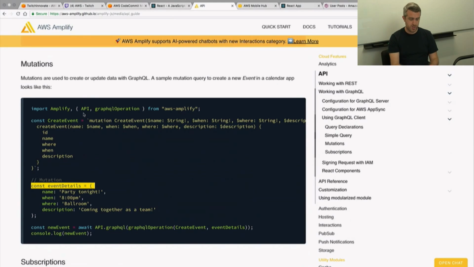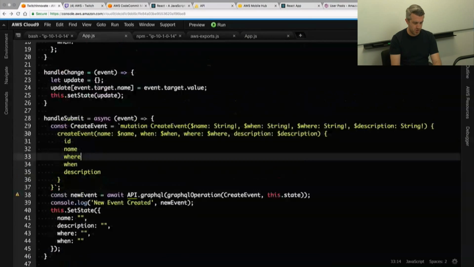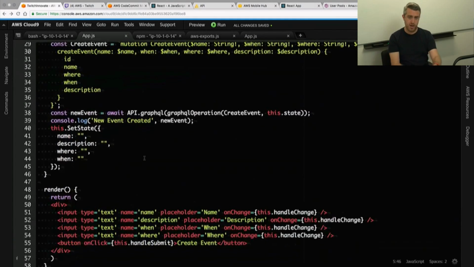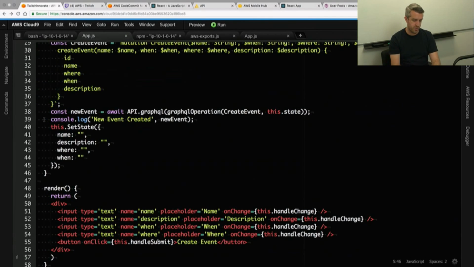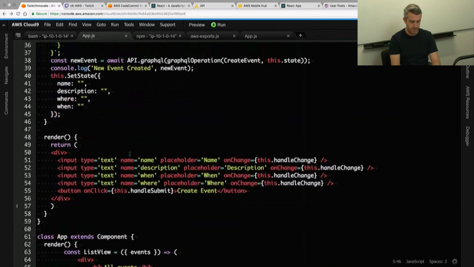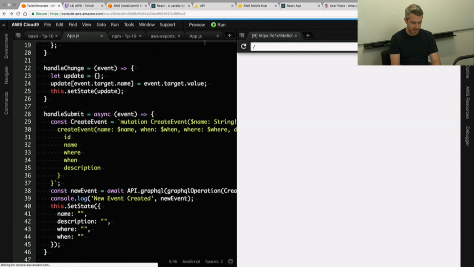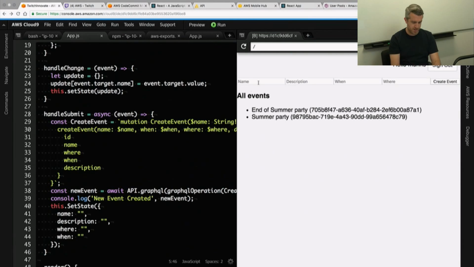Now, one other thing, or actually two other things I need to do here, is I need to include another component of the Amplify JavaScript. So let me go up here and import this next to my GraphQL operation. That was because Cloud9 had a little warning icon letting me know that things were not quite right. And so if I save this and I go to preview my application, and I'm logged in,